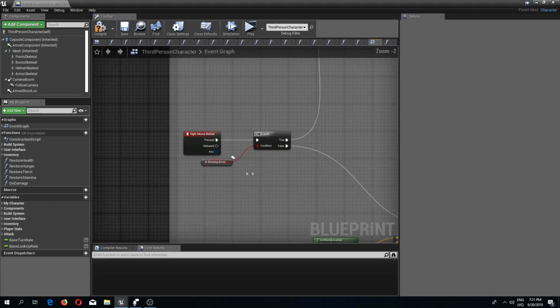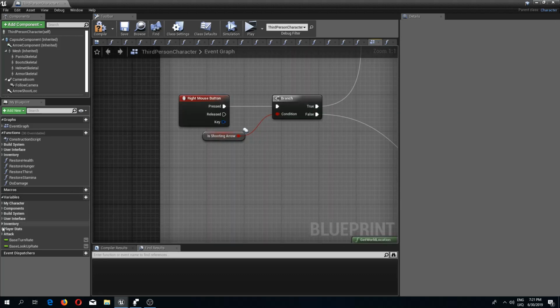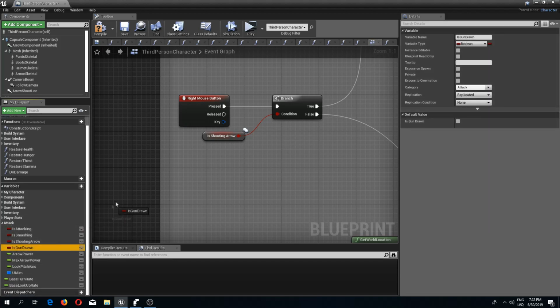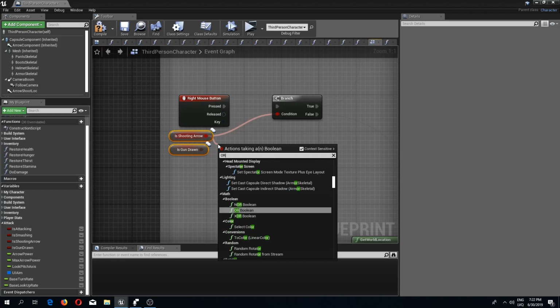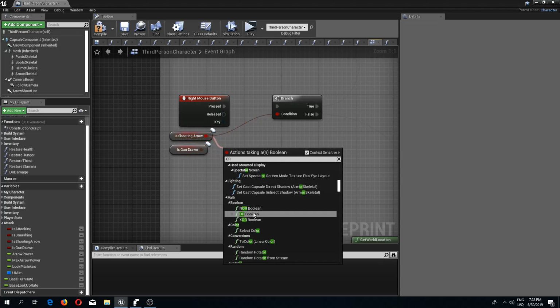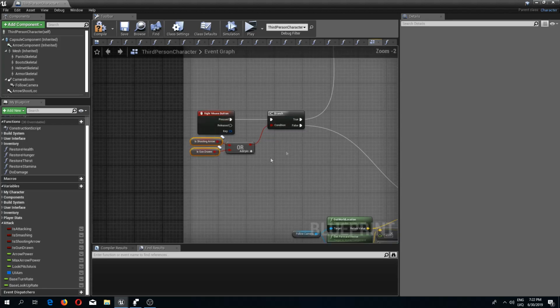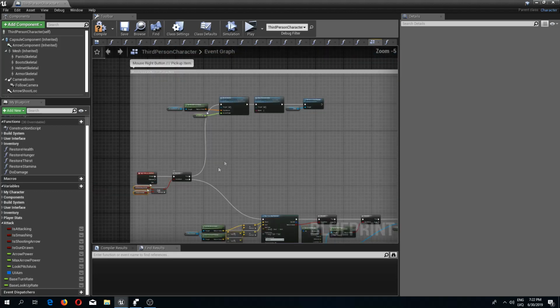So what I'm going to do here is, here we are checking if we are shooting an arrow, and we also need to check if we are shooting with a gun. So I'm going to open up my attack variables, and here I have my is gun drawn, and I'm going to do a simple or boolean. So there we go, and this is going to be our new condition. So if we are doing one of these things, then we are going to go up through the true route,